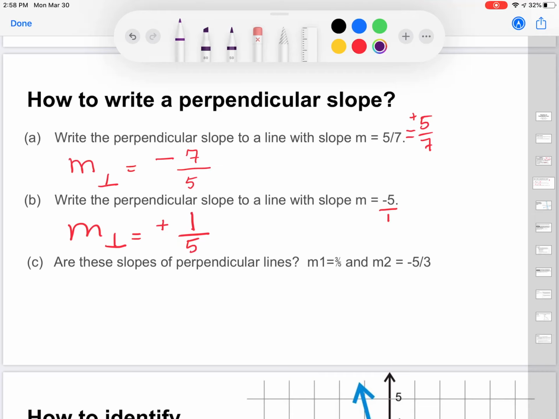So if I take these given slopes, in this case, 5 over 7, and I multiply that times the negative 7 over 5, then the 5's cancel, the 7's cancel, and we're left with a negative 1. So if I have two slopes, and I want to know, are these slopes of perpendicular lines? All I have to do is take the product, and if I get negative 1, then yes, those lines would be perpendicular